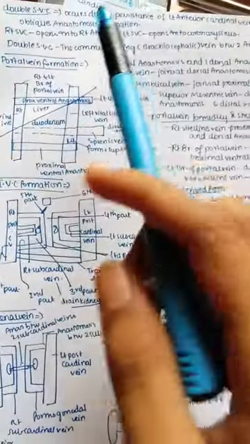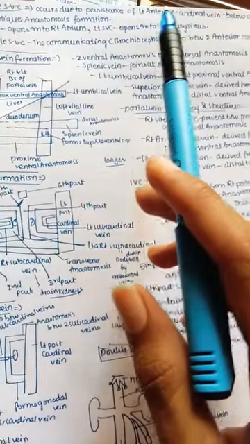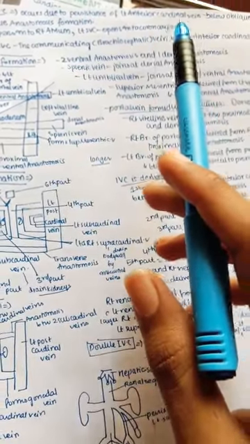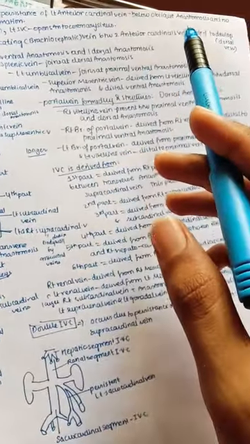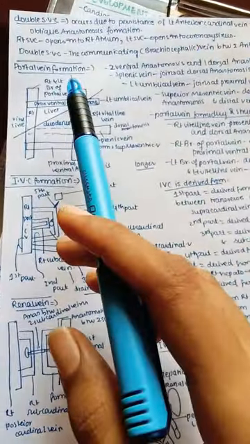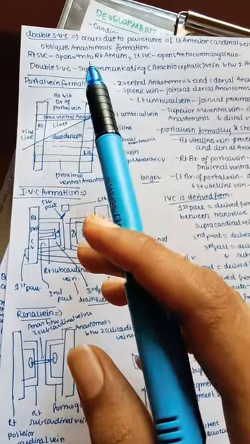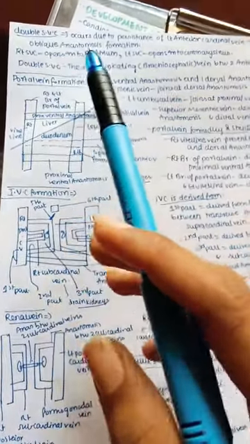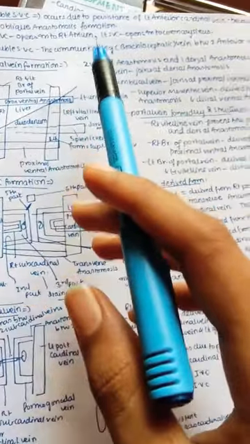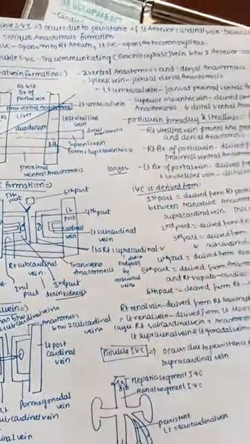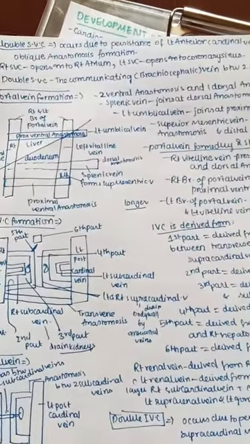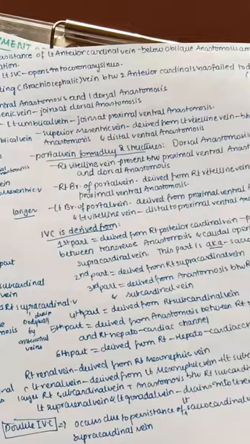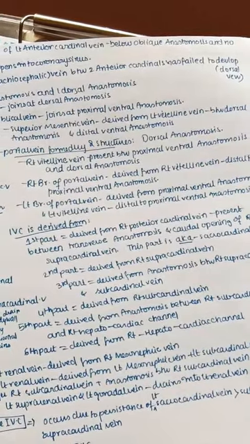Next we have a condition like a double SVC, a double superior vena cava. It occurs due to the persistence of the left anterior cardinal vein. Actually we know it needs to degenerate, but if it persists, especially below the oblique anastomosis, and there is also no oblique anastomosis formation, then if both are present, the right SVC opens into the right atrium and the left SVC mainly opens into the coronary sinus, because we know the left horn degenerates and forms the coronary sinus. So in the double SVC, the communicating brachiocephalic vein between the two anterior cardinals has failed to develop, in the dorsal view.